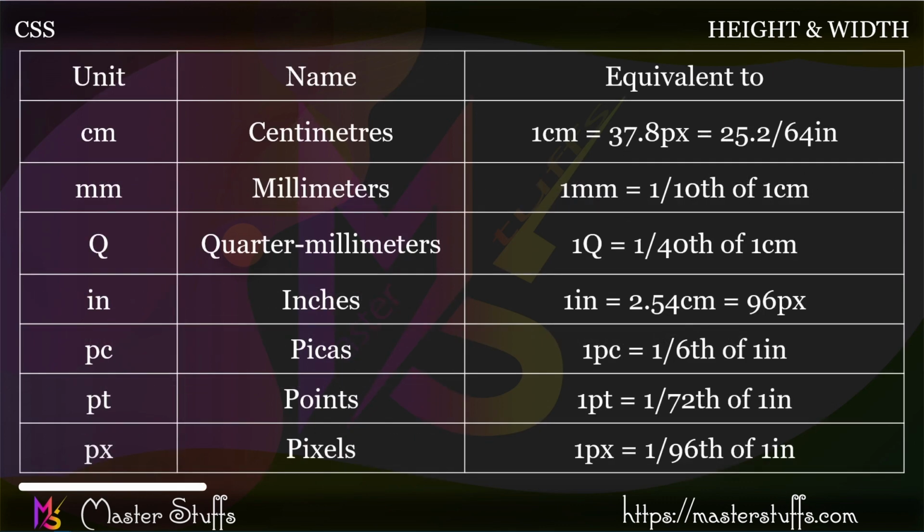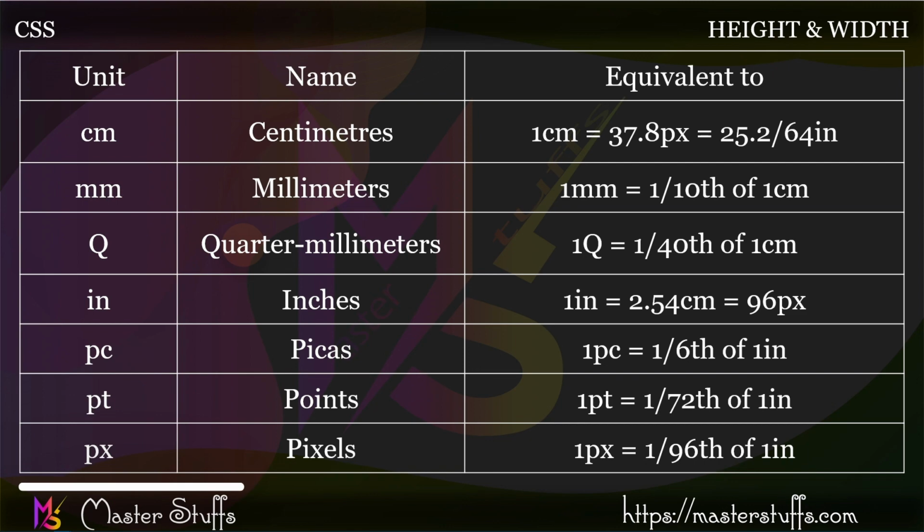Next, let's see the units of length. As you can see here, I write a unit name and what it is equivalent to. This is a measurement unit in length. This is for reference only. If you want to know more about this, I will leave a link in the description of the Mozilla Firefox developer website where you can read the article. You can use cm, meaning centimeter, and mm, meaning millimeter. After that, you can also use Q, meaning quarter millimeters. You can use in, meaning inches. Also pc, picas, pt means points, and pixel I already told you about. These are all the units you can use.